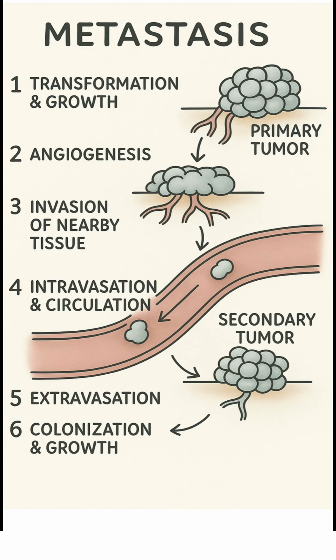After local invasion, the tumor invades the vessels. It could be either lymphatic vessels or blood vessels. To protect themselves from the immune cells in the circulation and the turbulence of circulation, the tumor cells bind themselves with the platelets and form an emboli. This emboli undergoes extravasation from the vessel and colonizes and grows in a distant site. This is the pathophysiology of metastasis.